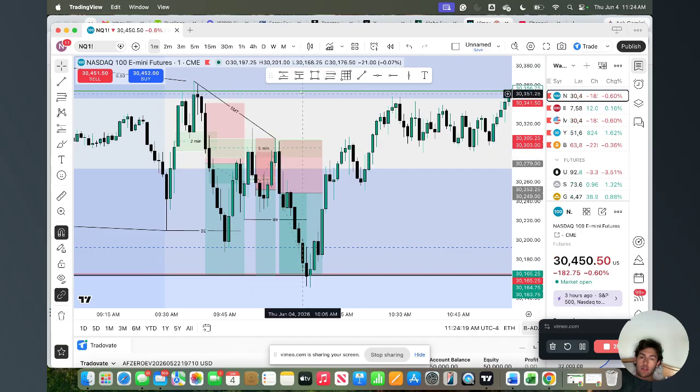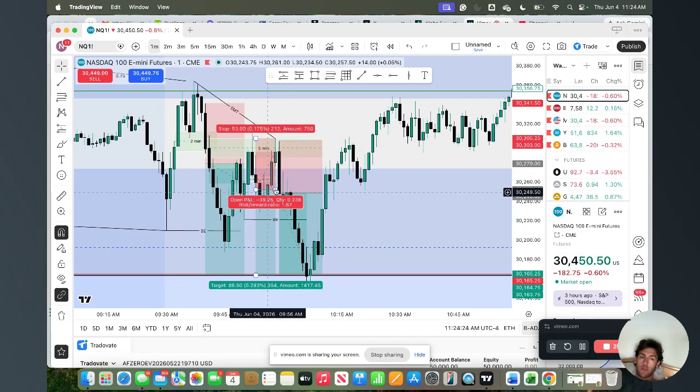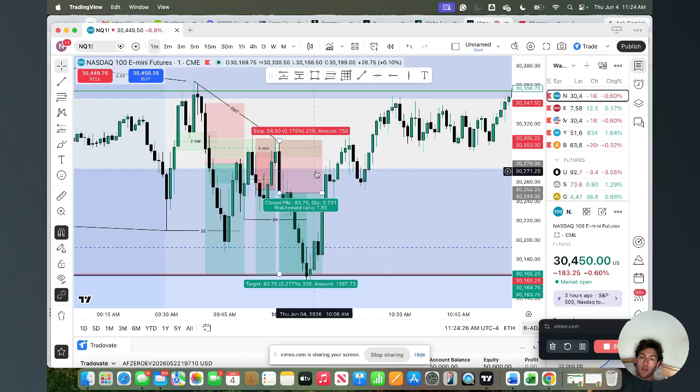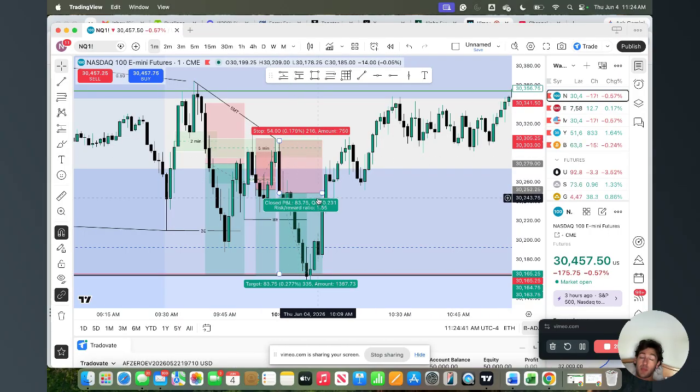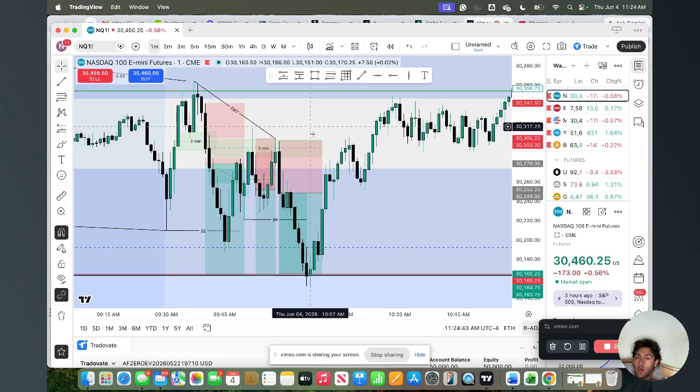And as you know, Nasdaq and S&P are pairs, so if one does one thing, the other is going to do the other. So if S&P 500 starts rallying up a little bit to take out that high, Nasdaq's going to want to do the same exact thing, which it does, and we end up getting stopped out because of that. Now, after that resweep, this third execution I rate as an A++, because now we have a high time